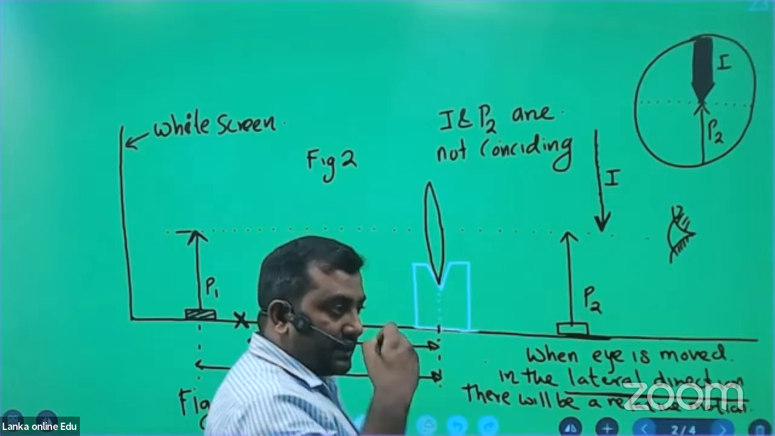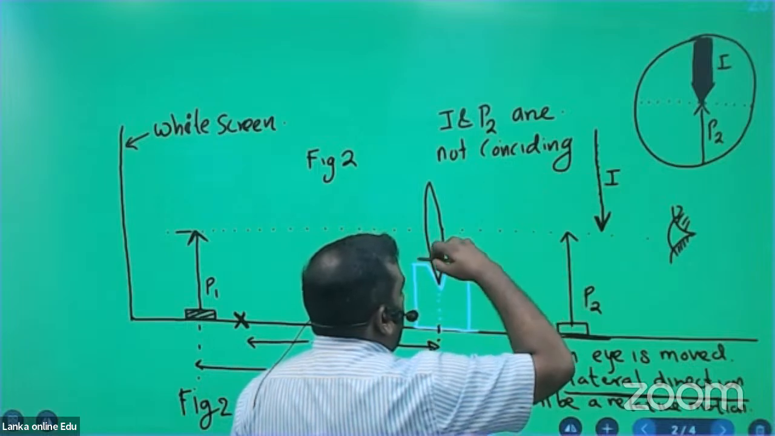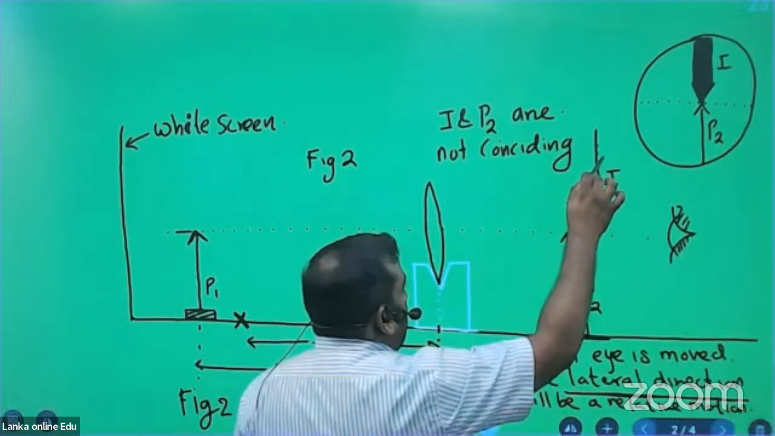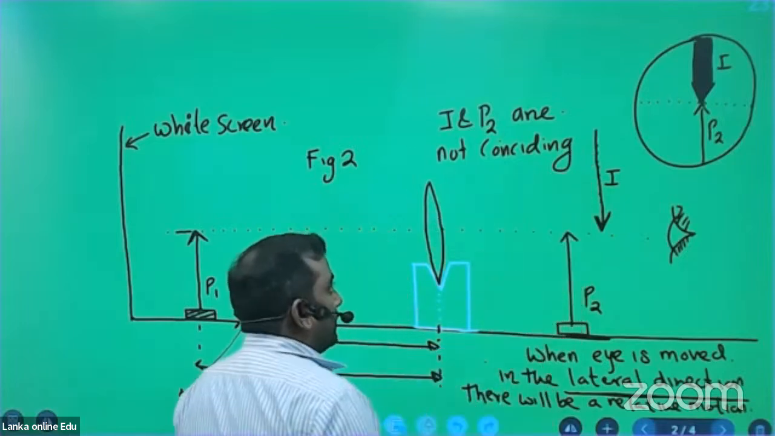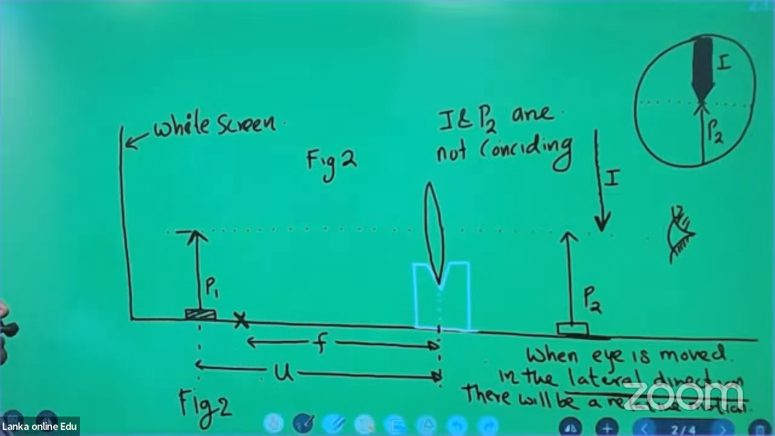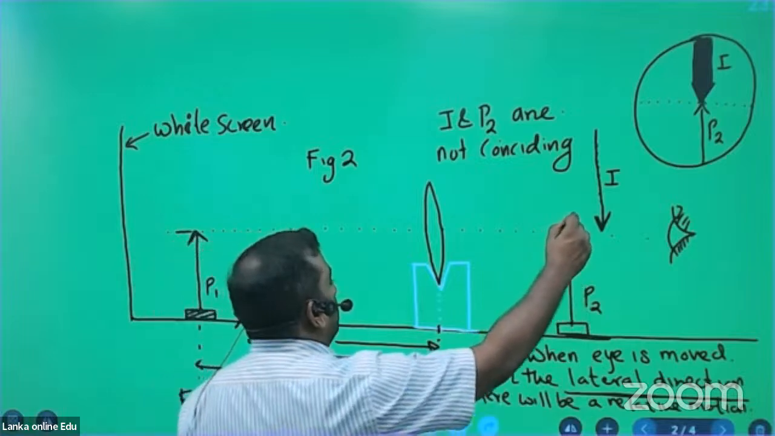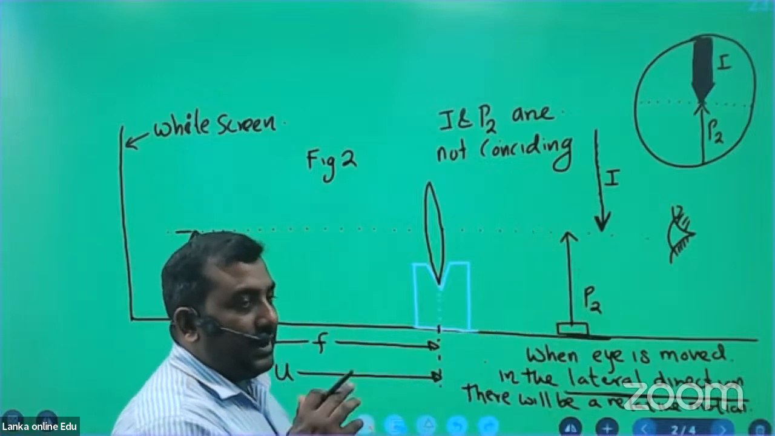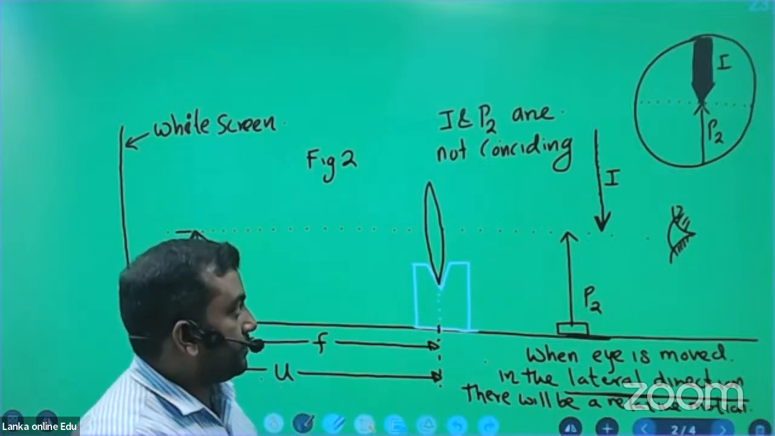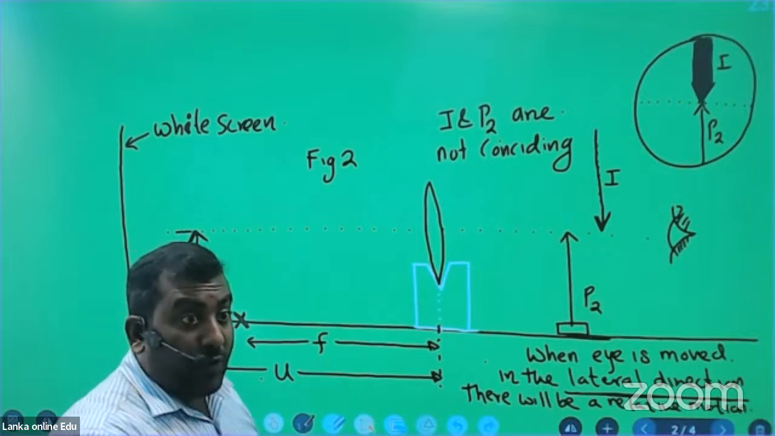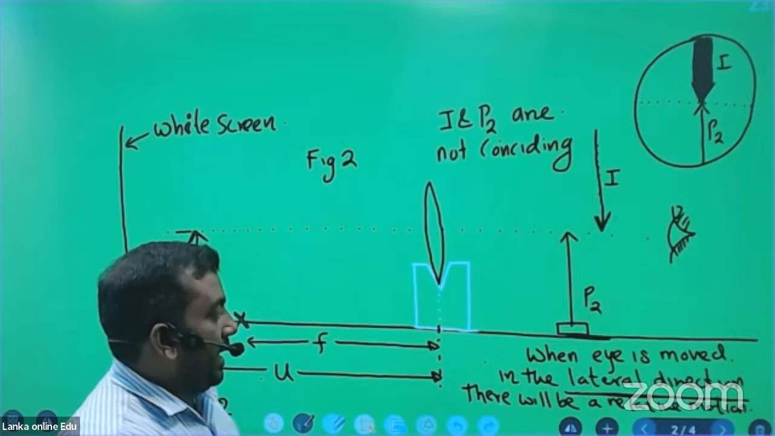Full stop. Next line, right. We would see an inverted magnified image of the pin P1. And to find the location of the image, we